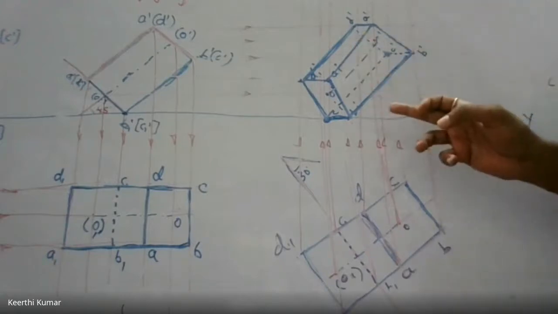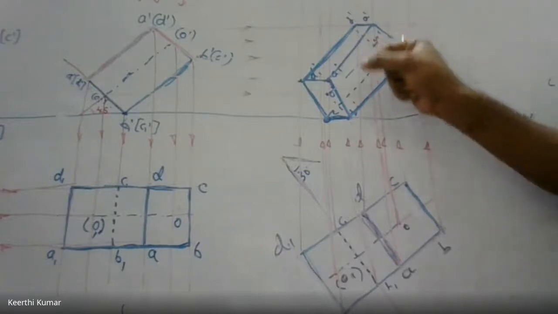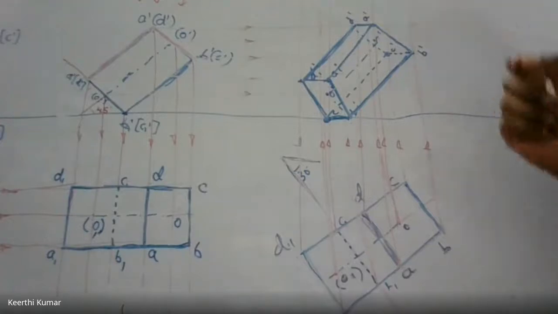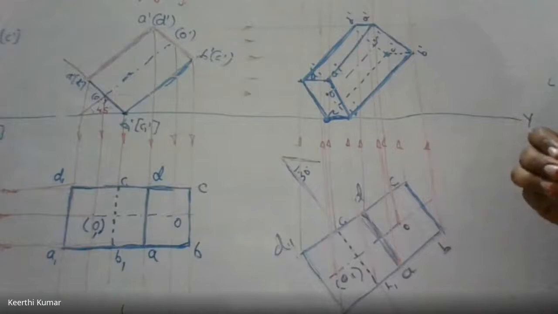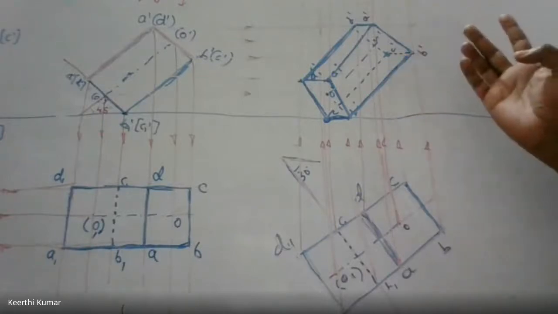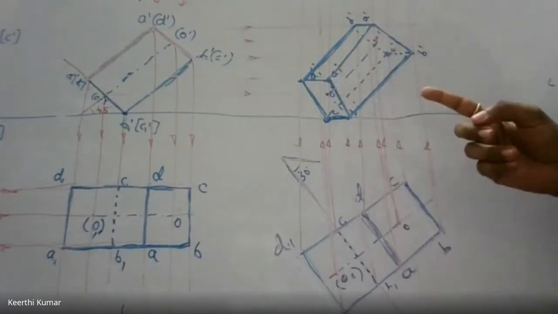Finished? So we are complete till here. Just one minute of work is left out in this, and I'll explain what is left out. Anybody having doubt in the connecting order, or in the visibility, in connecting A to A1, B to B1, C to C1, D to D1? Why is only C to C1 hidden? Why is A to A1 visible?